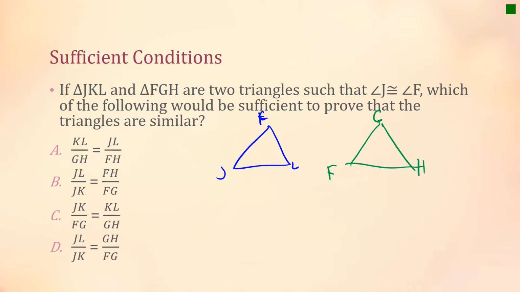Now, we're told that angle J and angle F are congruent. And then it says, which of the following would be sufficient? Well, if I only know one angle, that rules out using the angle similarity postulate. I don't know any of the sides, have no measurements of the sides, so that rules out the side similarity theorem. So I'm looking at the side